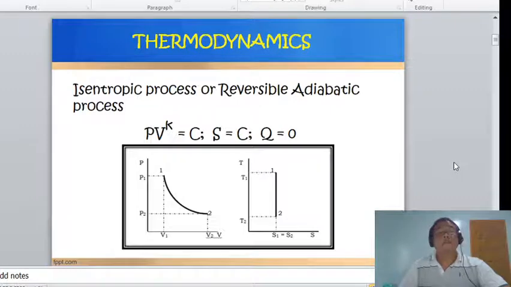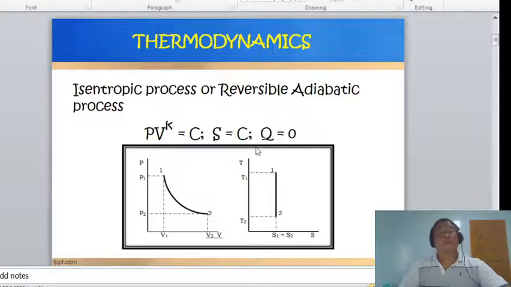So, isentropic process or a reversible adiabatic process. When we say adiabatic, there is no heat transfer during the process. Heat gain or heat release is equal to zero. So let us now consider the